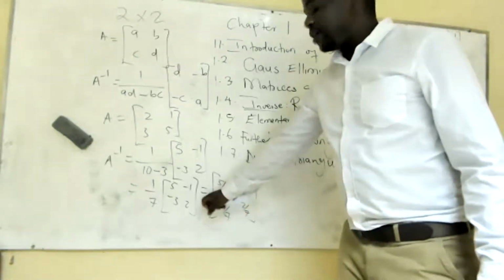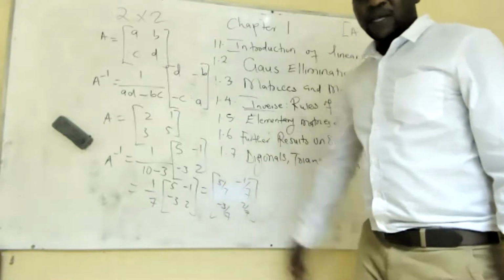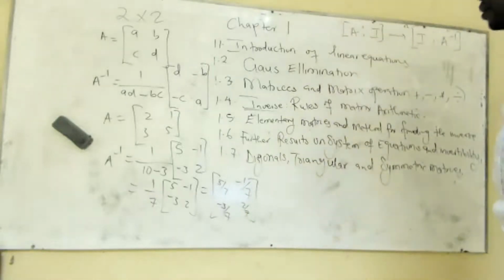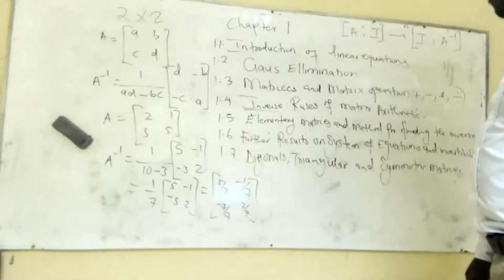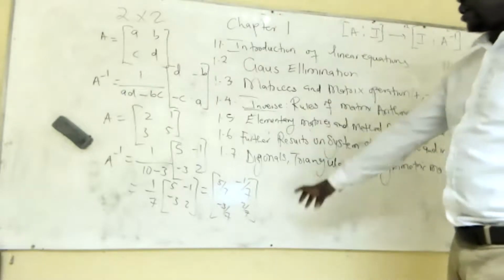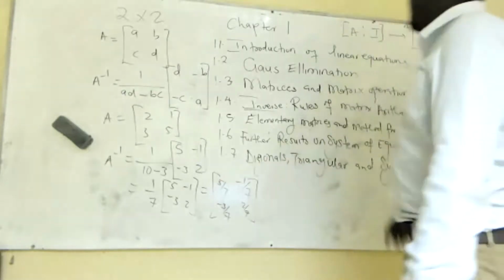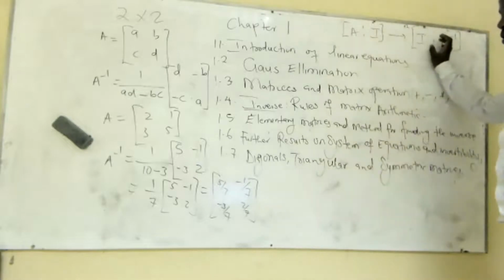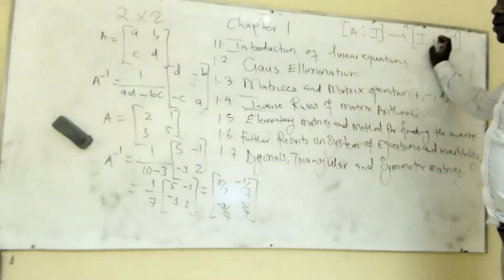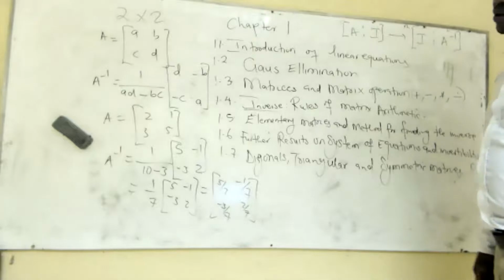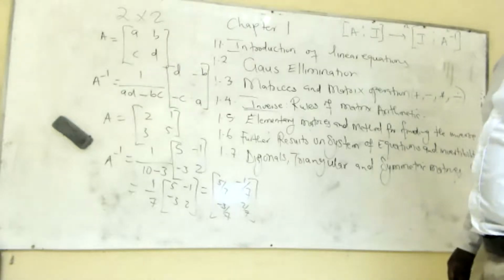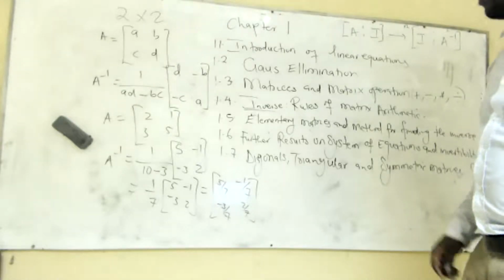Inverse. Yes, I explained to you. Okay, then you multiply that with that. Oh, what happened? So this is the inverse of 2 by 2, and then here is the inverse of 3 by 3. How did we get the